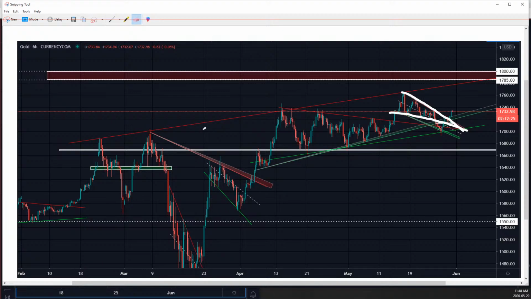Obviously I'm not looking to short, but I was a little bit worried, definitely, in terms of the bias that I was going to have. But at the end of the day, it did move to the downside. We got a strong rejection from the buyers where the sellers tried to push the price down, but the buyers said, nope, this is still a bullish move that we're trying to continue to have. It got rejected, and then we got a strong push to the upside, came back into the wedge, had a nice tight consolidation within that wedge before, now creating our bullish push above the resistance of the wedge,